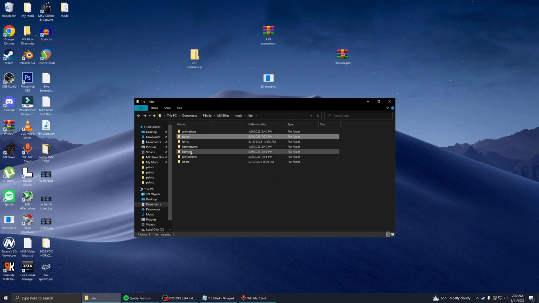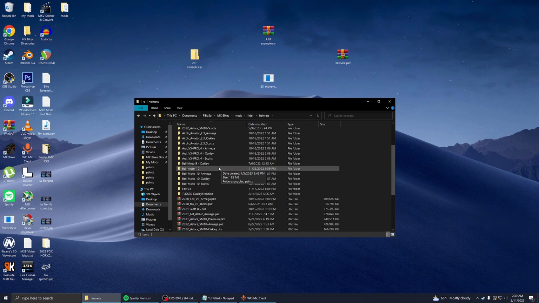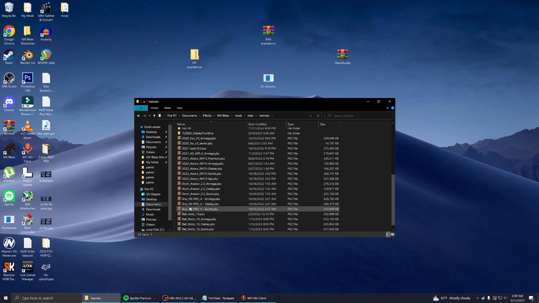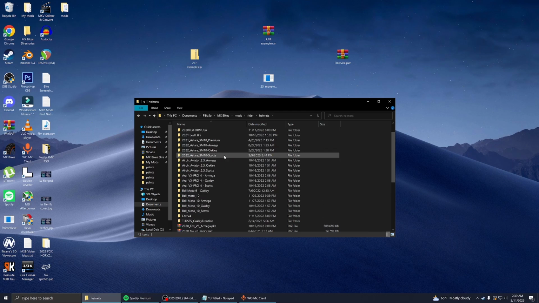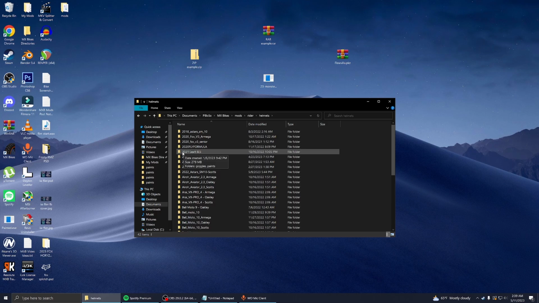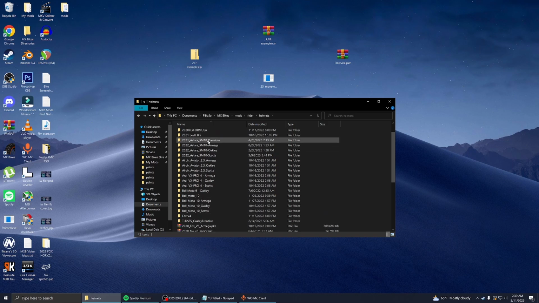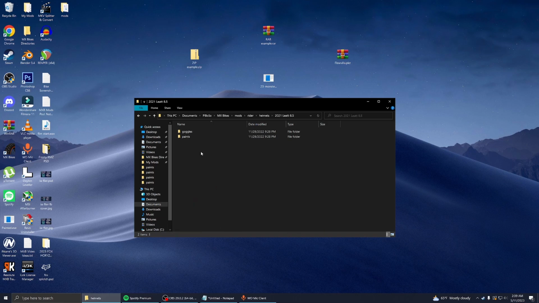And then I'll show you the same with the helmets. So you see down here, we got the Leatt 8.5 PKZ, and then right here, the 2021 Leatt 8.5 folder that corresponds to the same PKZ.